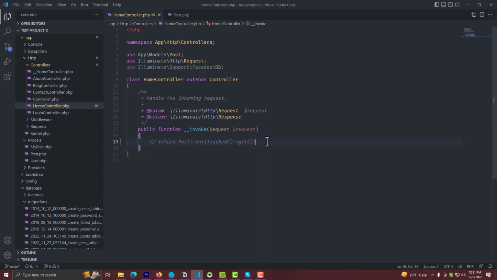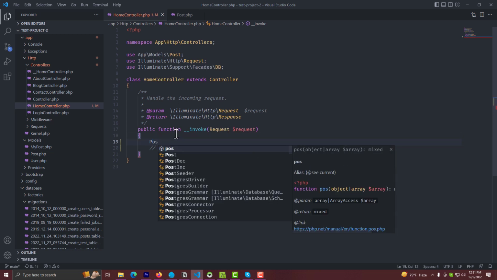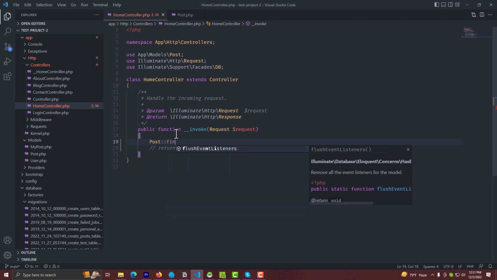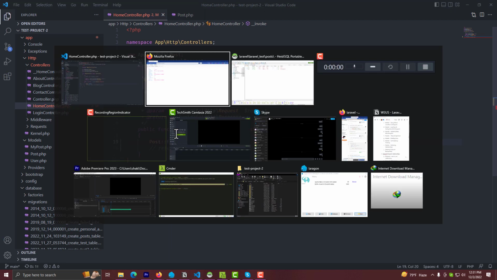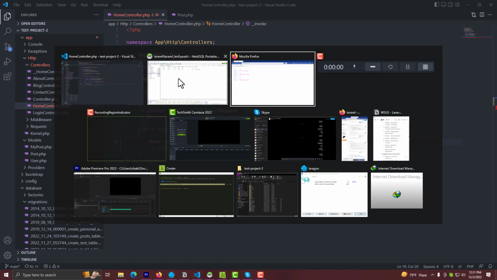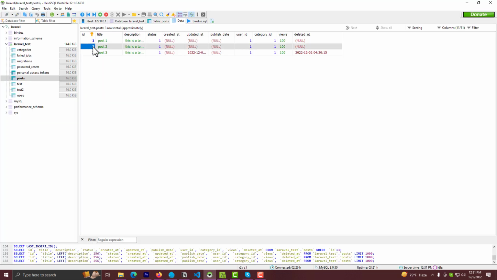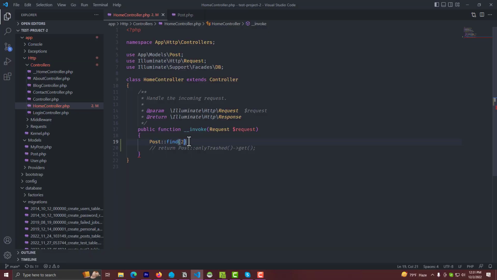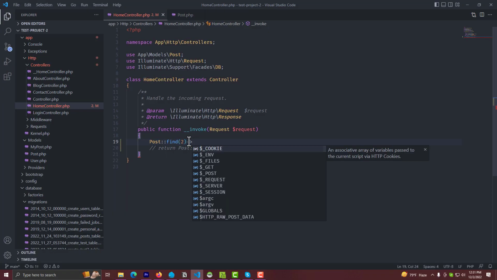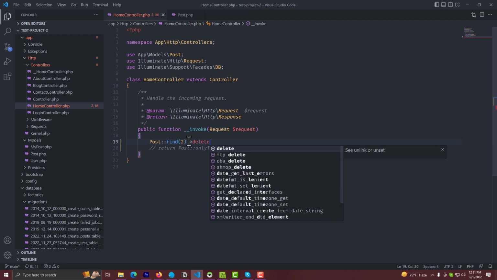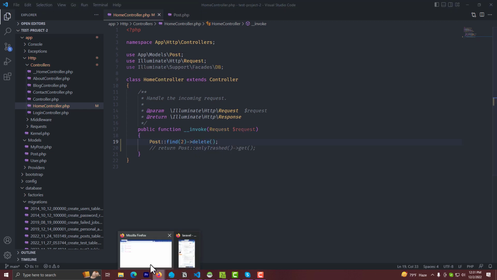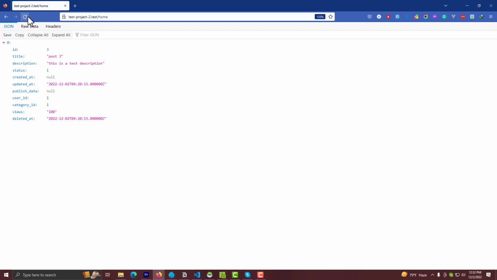Now if I go to my code editor again and delete another data, let's say I will comment this out. Let's say it will be post, then I will call the find method. I will pass an ID. Let's say I will delete the second post, whose ID is 2. For that I will pass 2, and then I will call the delete method. Okay. Now if I go to my front end and then refresh,